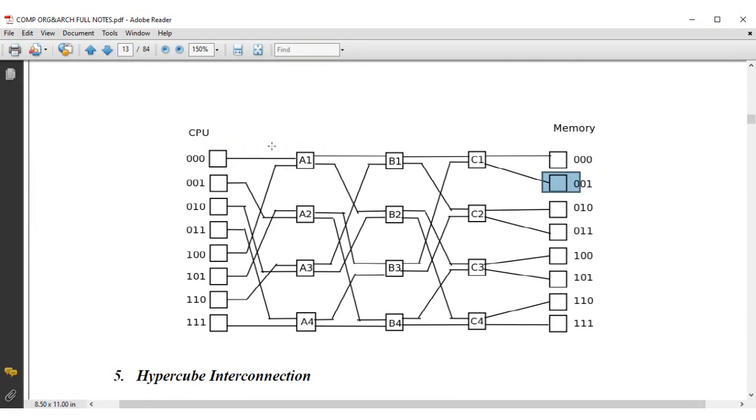Now, there are different paths that signal can pass through. It can pass through from here to A1, from A1 to B1, from B1 to C1, and then from C1 to 001. Can you see that? There is also another path. There to A1, there to B2, from B2 to where? From here to A1, from A1 to B2, from B2 to